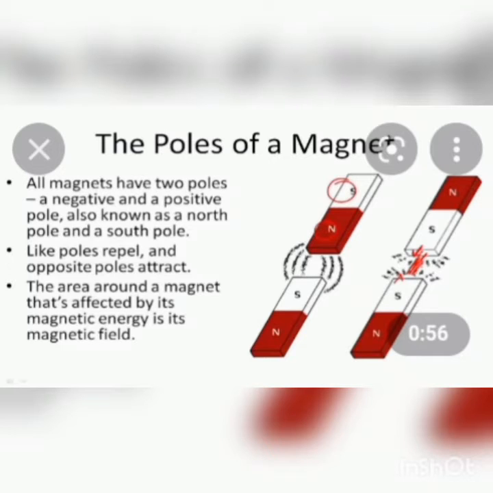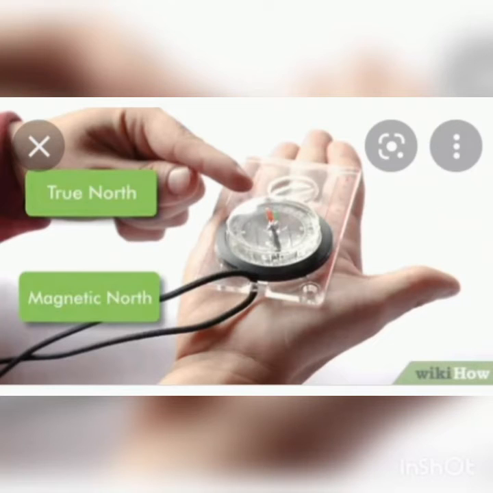There are two types of poles in every magnet, irrespective of the shape. By convention they are called North Pole and South Pole. The two poles cannot exist independently, that is, they always come in pairs. If we break a bar magnet, we would get two pieces, each having a North Pole and a South Pole. We could go on breaking the magnet into smaller pieces, and every time we would get both poles in each piece.